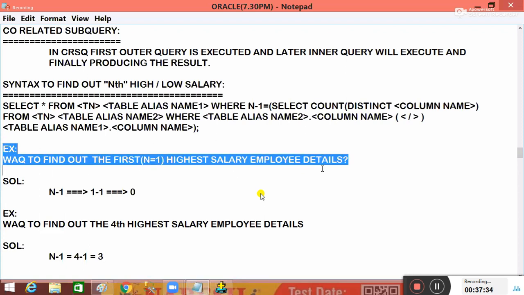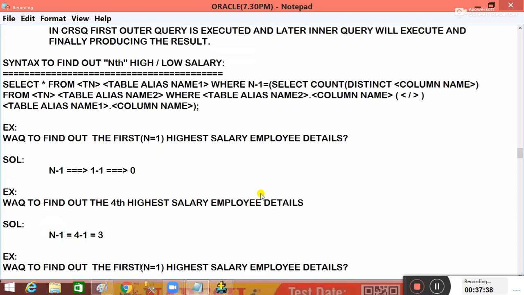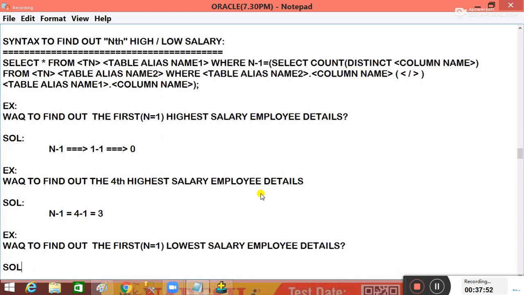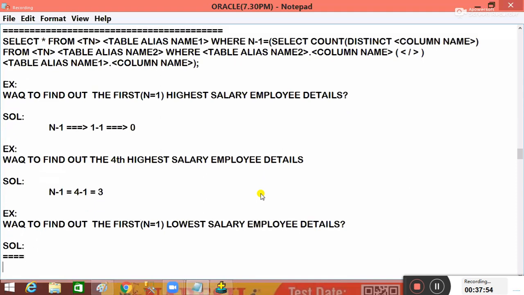Here I found the highest. Suppose somebody asks, sir, to find the first lowest salary. For the lowest salary, what do I want to do? Again, n is equal to 1 only, yes or no? Because it is the first lowest person. First lowest person means again the same formula, n minus 1. N is equal to 1 only, 1 minus 1 is equal to 0. But what I said, guys, here in the syntax, can you identify